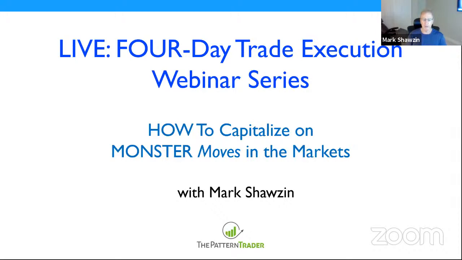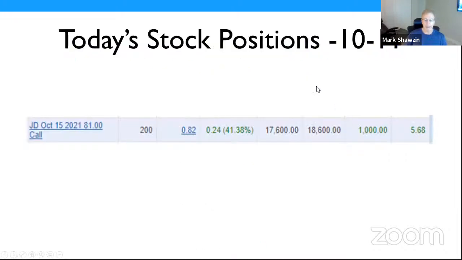So today I'll go through a couple of other examples. And again, this is live. I'm showing you everything in absolute real time. Today I was in and out of the markets. I did a lot of things. I bought some Caterpillar puts into a higher opening. I got out of my shorts in the NASDAQ. I ended up with some call options in JD. I'll show you the chart of JD.com. I was actually in the 80 calls.